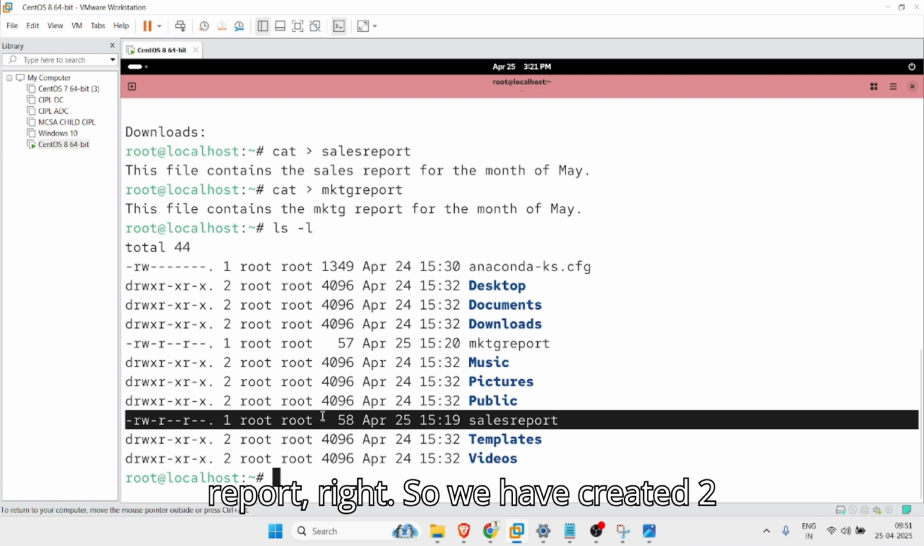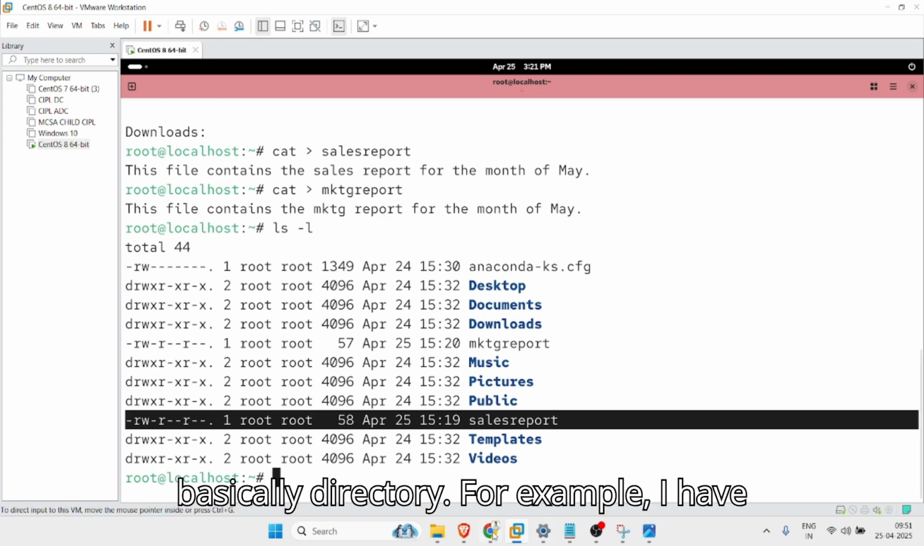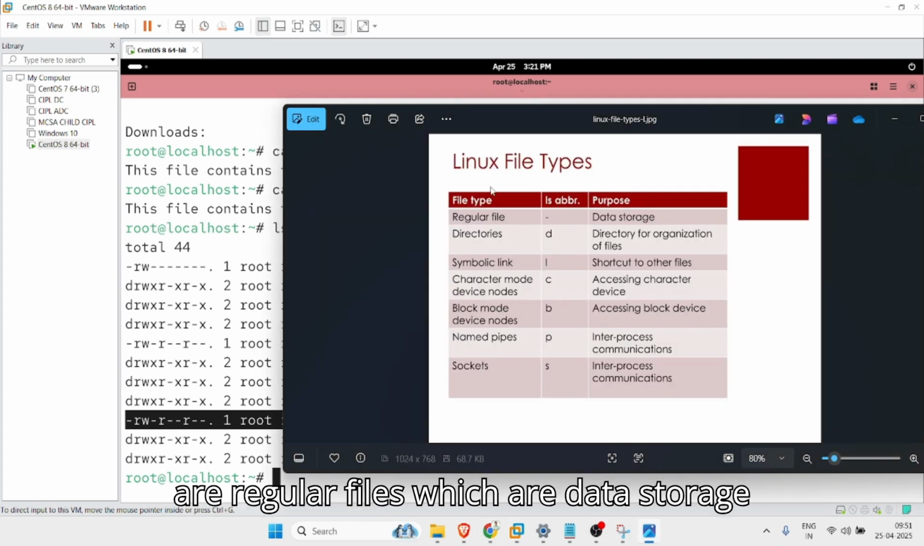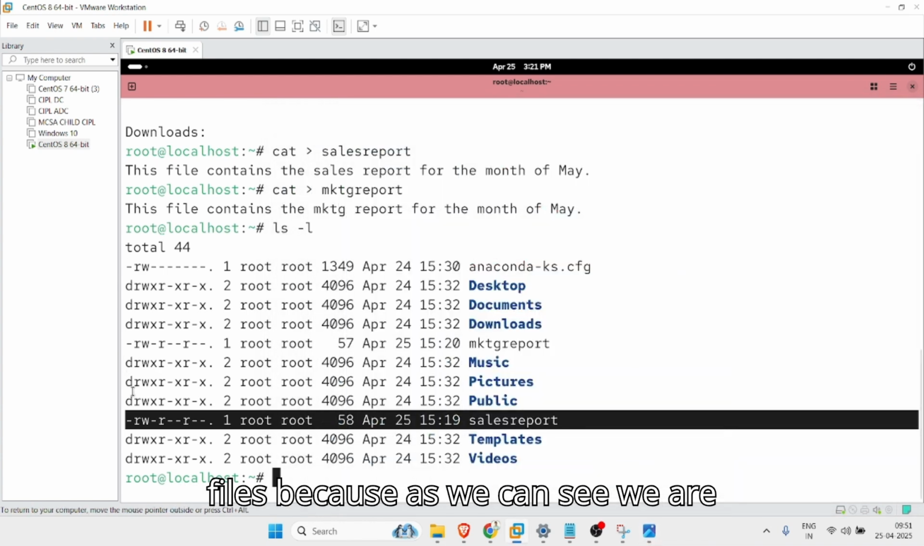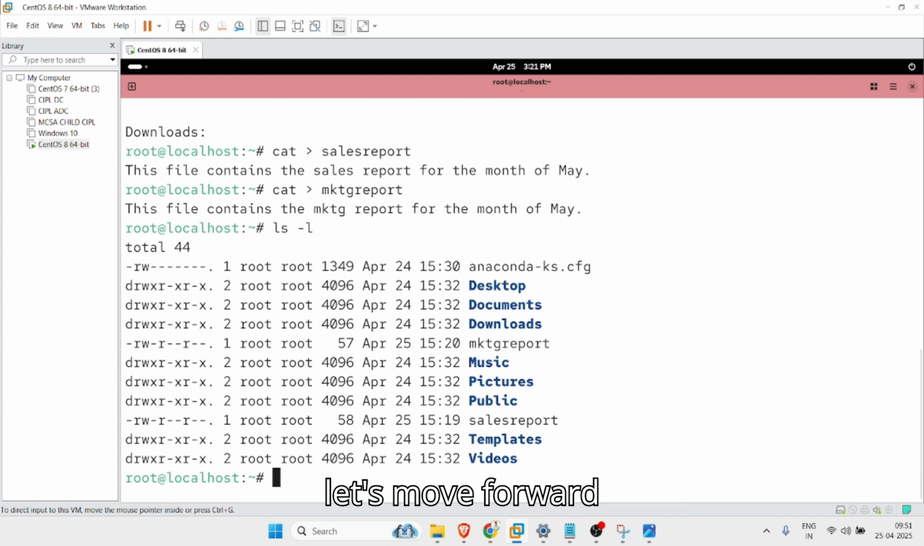So we have created two report files here, which are basically regular files, not directories. For example, I have explained the types of directories. These are regular files which are data storage files, because as we can see, we are starting from this dash sign, right? So let's move forward and